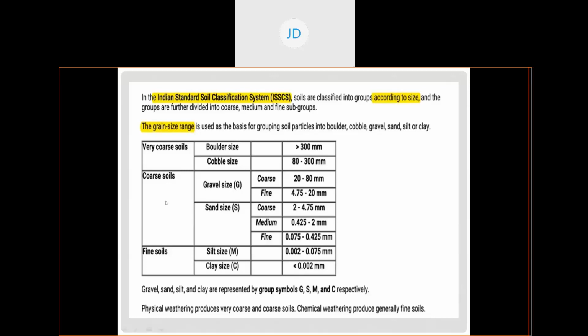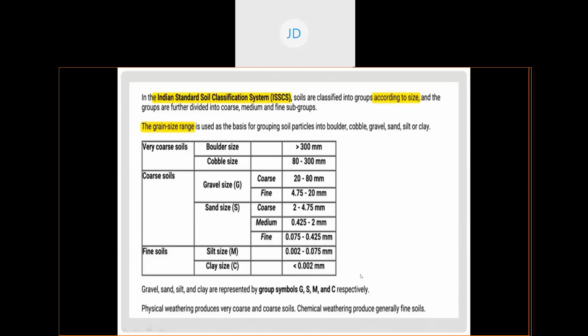So what we've discussed till now, we have different types of soil based on sizes. In general, they are categorized under two heads, mainly fine grained soil and coarse grained soil, and higher than that, they are known as very coarse soil. Fine grained soil is categorized under silty soil and clayey soil. Coarse grained soil is categorized as gravel soil and sandy soil. Again, if you subdivide, the subcategories of sandy soil and gravel soil are fine sand, medium sand, coarse sand, fine gravel and coarse gravel. So this is all about the Indian standard soil classification system, which is based on sizes.